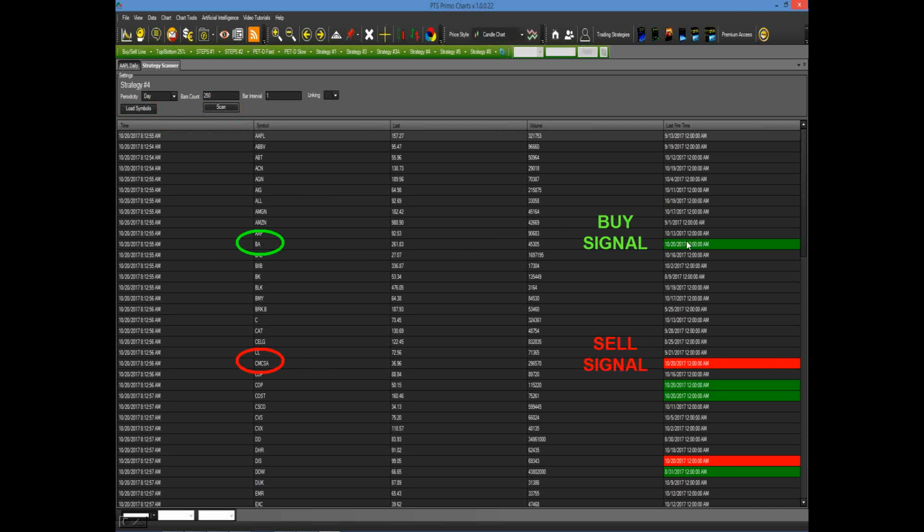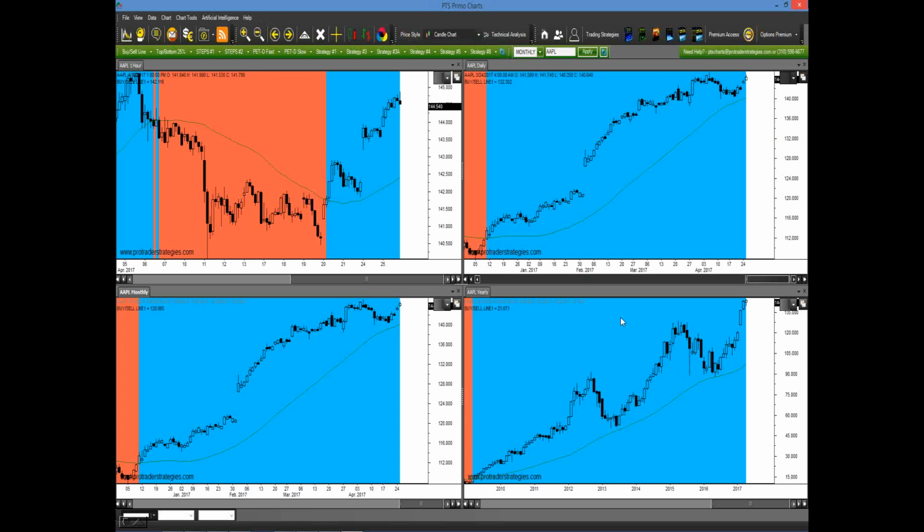And then all you have to do is click on that green or red highlighted tab and a chart will automatically appear. And you click on the strategies, once again, that you're interested in, and the arrows will appear. This process probably takes less than 2-3 minutes tops. And you can see each night whether you want to take a signal or not, whether or not it meets your parameters. Once again, you're a member of the course, so you know where the entry will be. You'll know where your stop placement is and where your exits are. So you can decide right off there, do I want to trade this tomorrow or not? That's how simple it is. That's how trading should be.